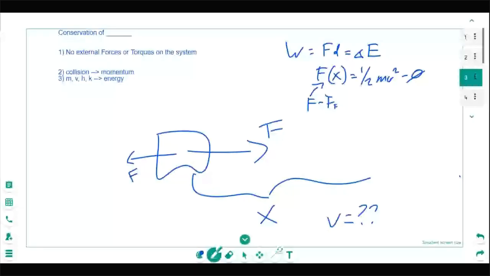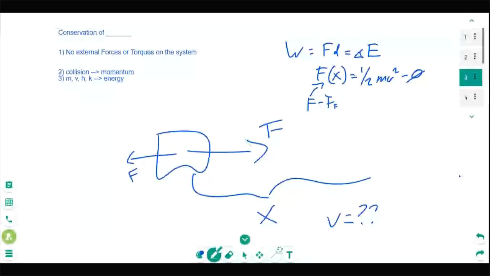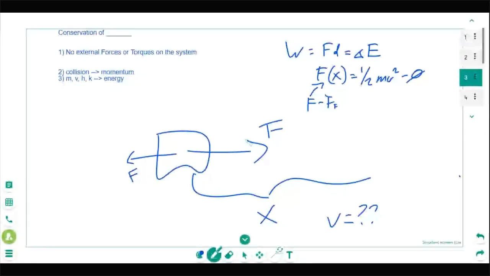So with this question, if they give you a rough surface with friction and they want you to do a bunch of stuff on there, you could do energy if you know the distance. So you can do work equals F d equals delta E. You could do Newton's laws, F equals ma, and some kinematics. That also works perfectly fine in there. Use the net force to find the acceleration, use the acceleration and the distance to find the final velocity.